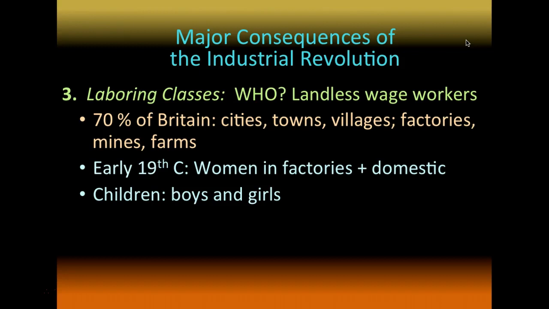And what's interesting about this is that the types of jobs change. We've always had boys and girls working from a young age. When people had farms, they would have lots of extra children to have extra hands on the farm. So that's nothing new, but for the first time, children are working now in factories, and factory life is much different than working on a farm.